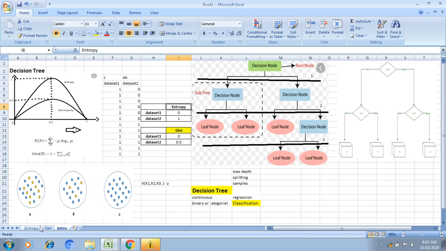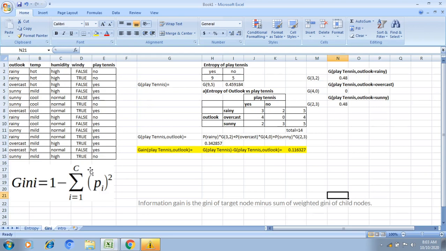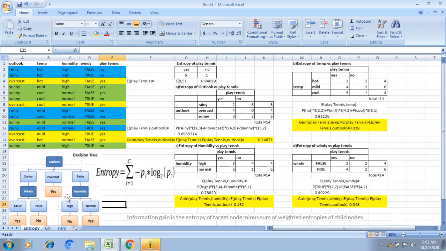Okay, then we'll see an example of how to calculate the entropy for one data set and how to choose our root node. Similarly, we'll calculate the Gini for one of the data sets and see which one we can select as outlook. For example, here I have four independent variables. Out of the four independent variables, which one do I need to choose as our root node? Here, out of these four, I am choosing this as the root node. Why am I choosing outlook as the root node?